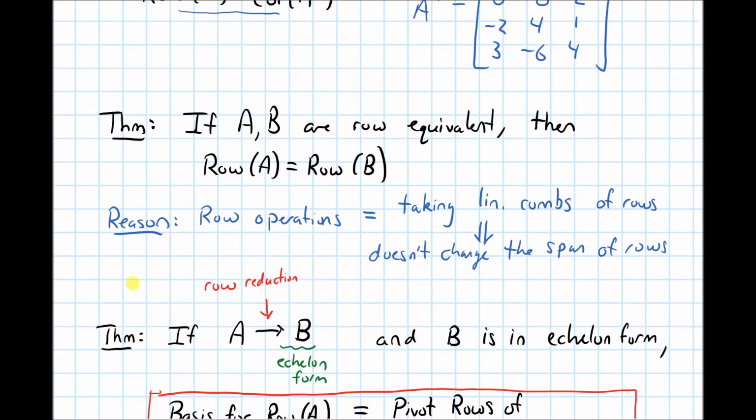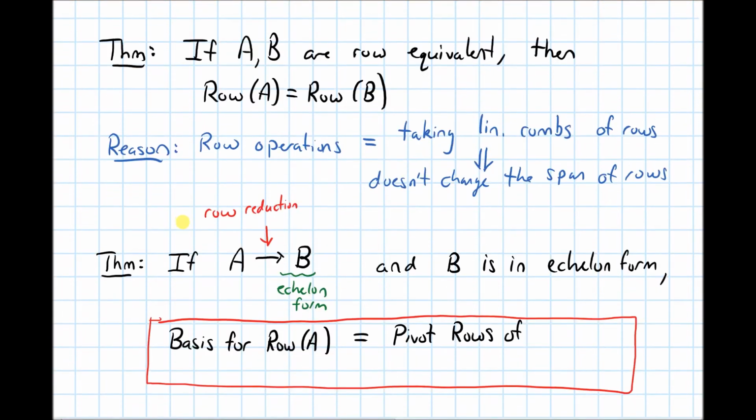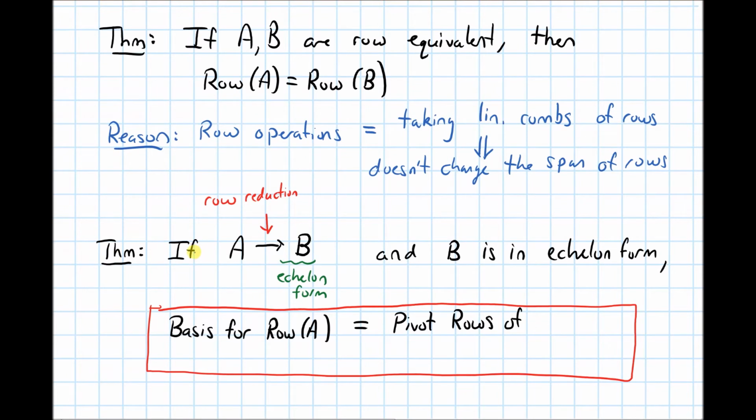So another theorem is going to tell us how we find a basis for the row space. Okay, so here's the theorem. If A is row equivalent to B, and B is an echelon form, then if I want to find a basis for the row space of A, that's going to be the same as a basis for the row space of B,